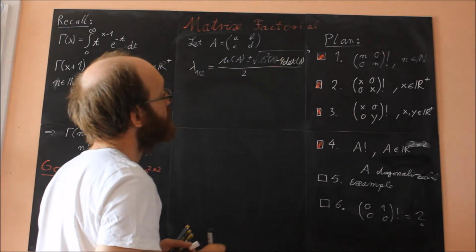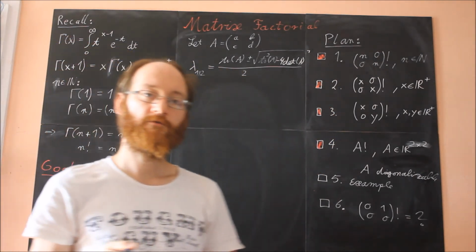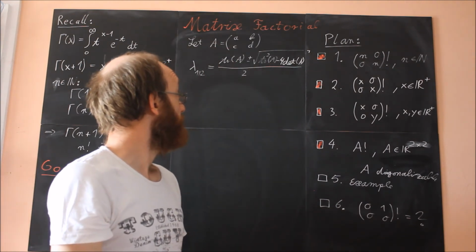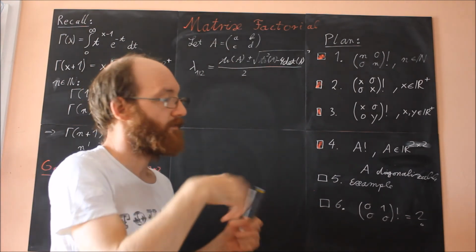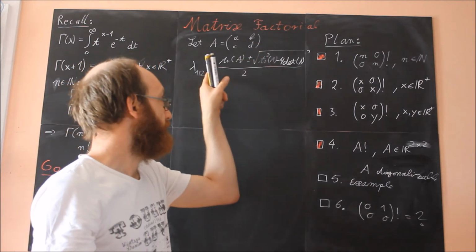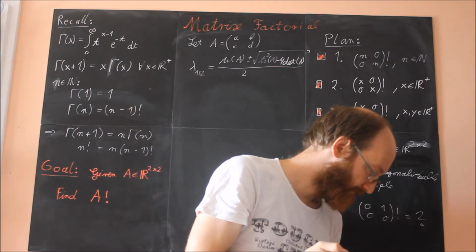So trace squared minus 4 times determinant of A. Okay, these are the two eigenvalues for an arbitrary matrix, and yeah, under the assumption they are real and they exist and so on. Okay, and